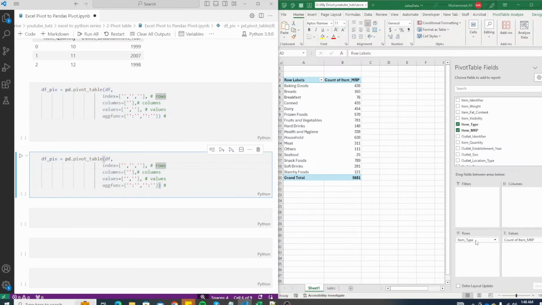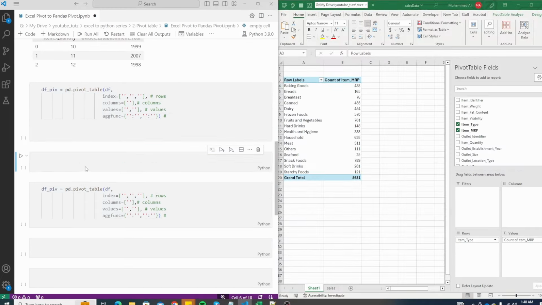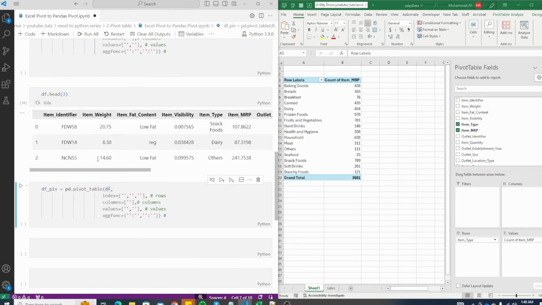So our index has item type, so I'm just going to add our data here as a head so we can quickly copy and paste our values easily. Our first thing is df, that is the data frame name. Index is rows, so let's add item type here, copy it from here. Keep in mind that you can add multiple values in rows or the index field. For now we just need one, so I'm going to remove these two.